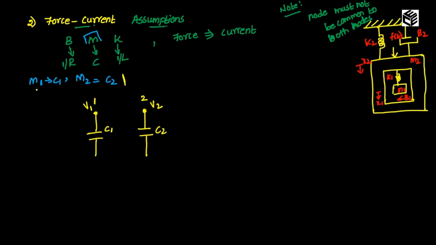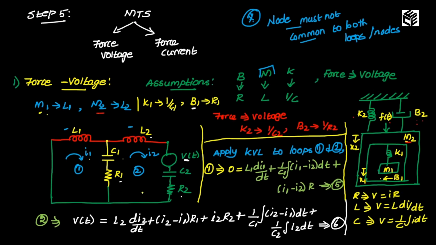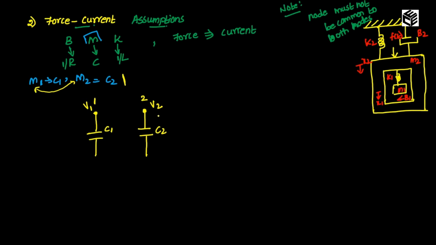Okay. So first assumption is 1. Next we need to check whether we have any elements connected only to mass M1. We don't have any elements like that, correct? And next we need to check whether there is a common element between M1 and M2. So we have two common elements, that is K1 and V1, that are connected in series for the previous diagram. That is for force voltage. So here we will be connecting these two elements in parallel. So before that, K is replaced by inductor and B is replaced by resistor.